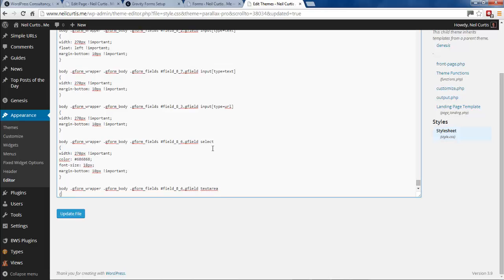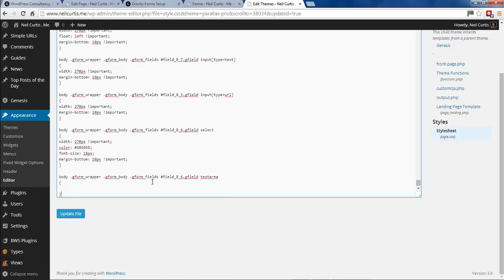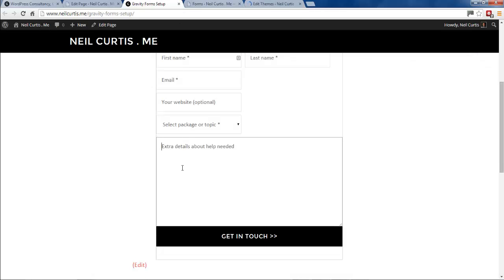And then we will put a height of 100 pixels just to have some effect. Okay, so you should see this reducing the height of this field here,